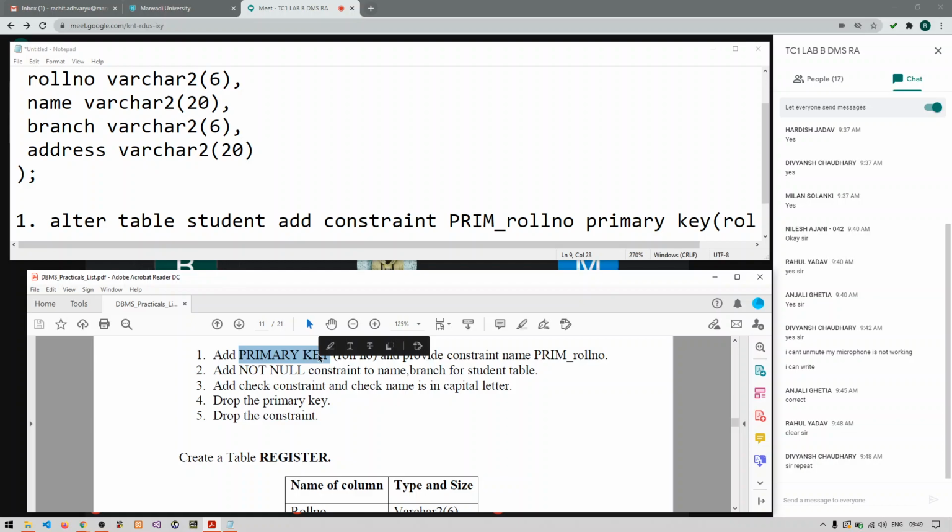Clear with this part? Prim_rollno is a name given to the primary key constraint. Is that clear first of all?